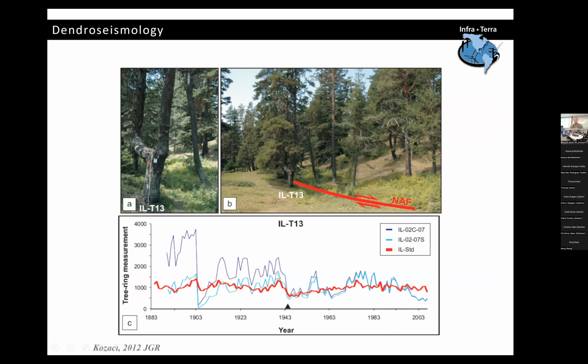The blue shades are the cores, both perpendicular and parallel to the fault. These are uncorrected or unstandardized ring width measurements. And the red is the standard that I have developed for the population that I sampled for this area. And what does the